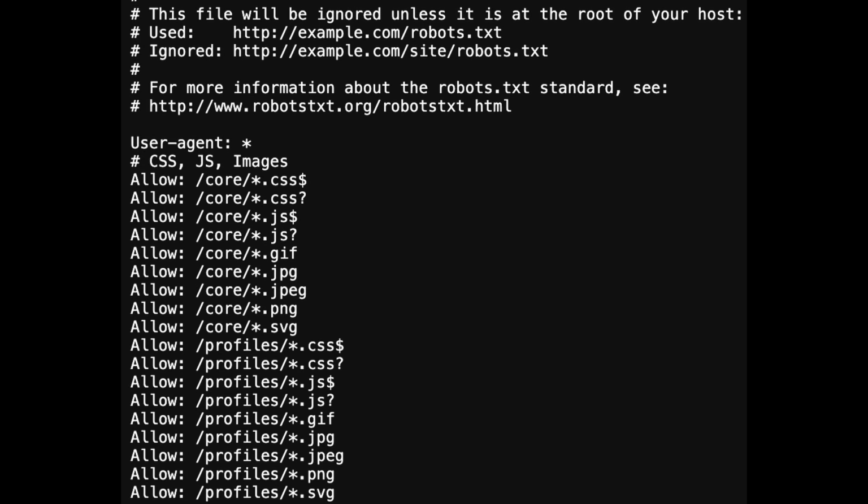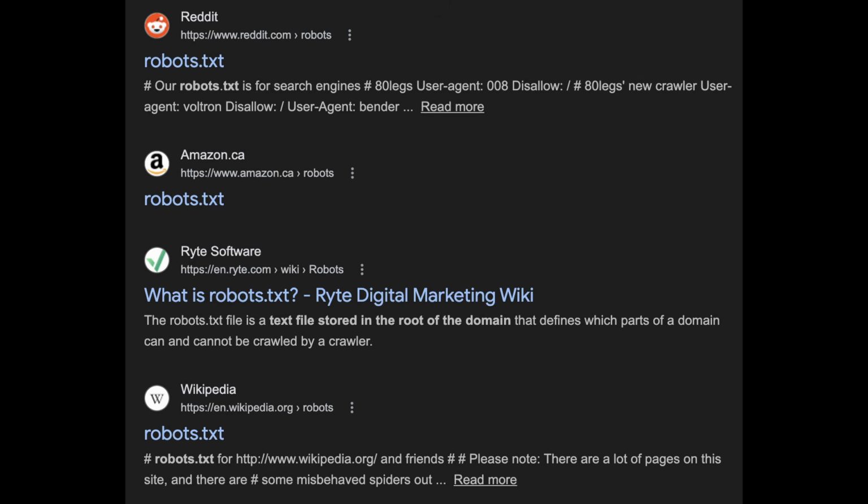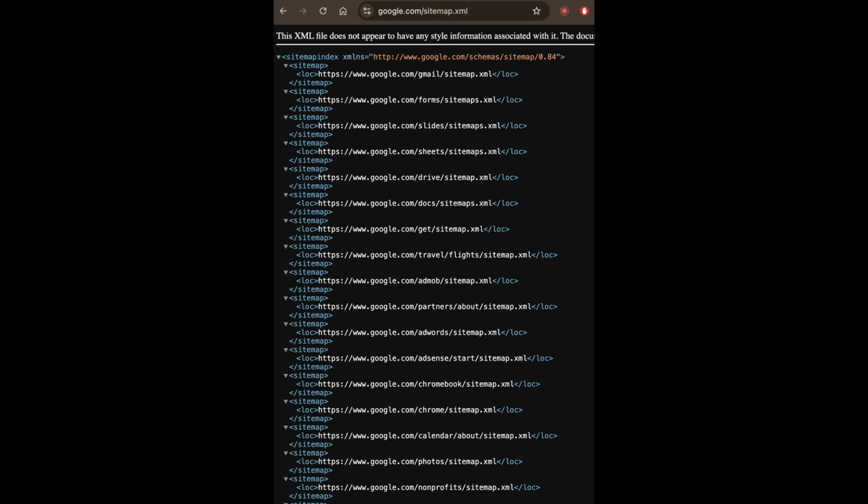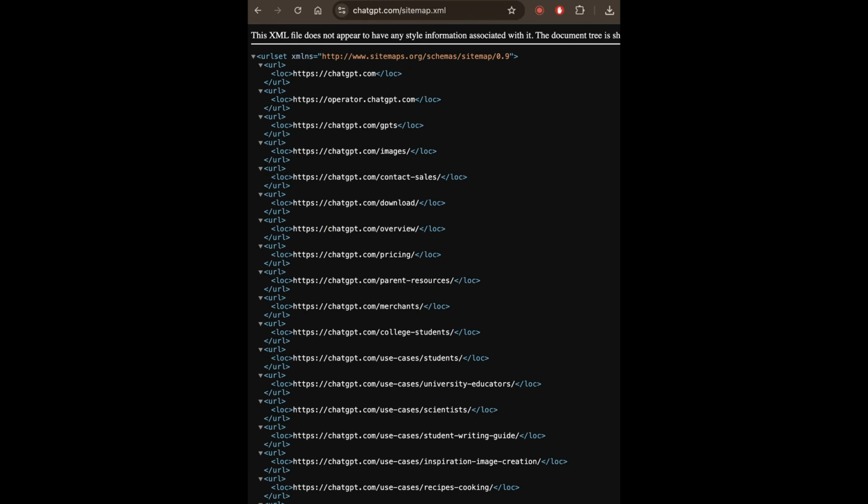but they're both in the sitemaps and the product categories of YouTube and not the default homepage, which already immediately is a contrast from the robots file, which is made to be easily searchable across all websites by being accessible from the get-go instead of needing to venture deeper into the website. However, websites such as Google and ChatGPT, for example, work as expected, and typing sitemap.xml after their links gives you